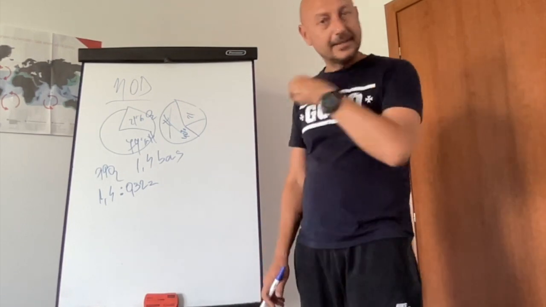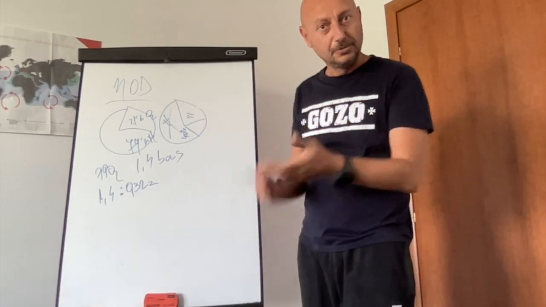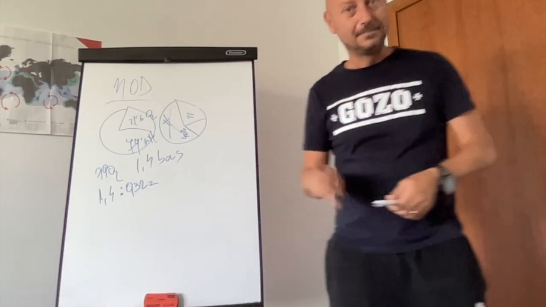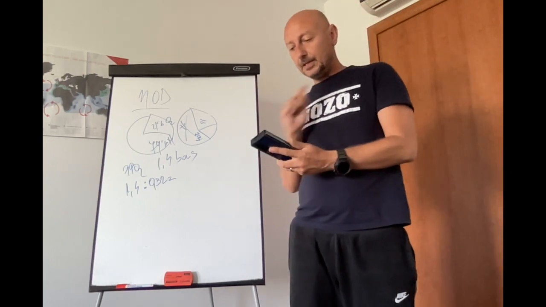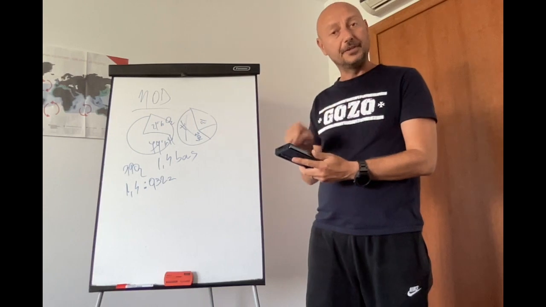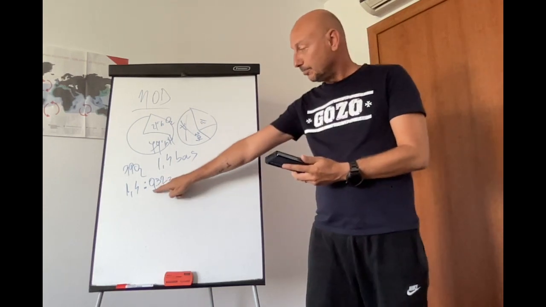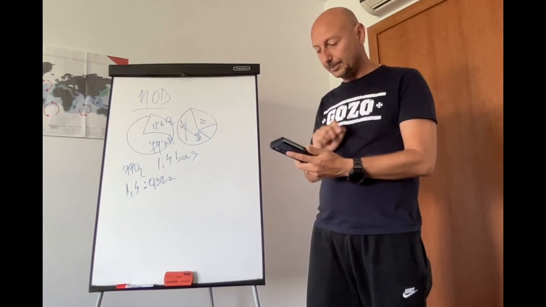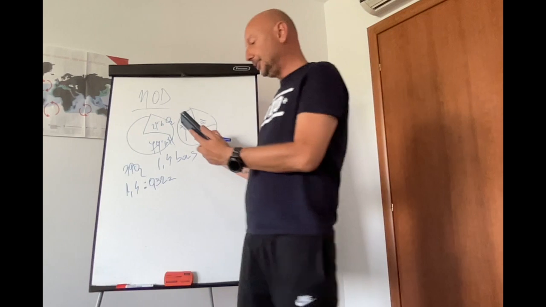And I will cut this video to take my phone to make the calculation. Again here with my phone. All I need is just the calculator in the phone, and now I have 1.4 divided by 0.32. Now, what I have here is